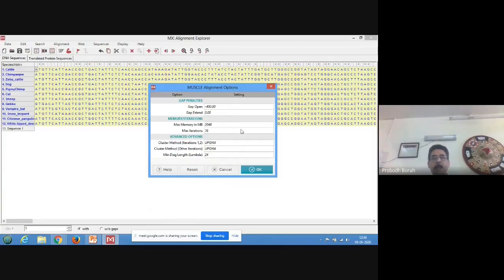So these are some of the parameters already set by default. We are not going to change anything. We will keep the parameters as they are. Simply you will click on OK. Otherwise, if you want to change them, then you can click on reset.